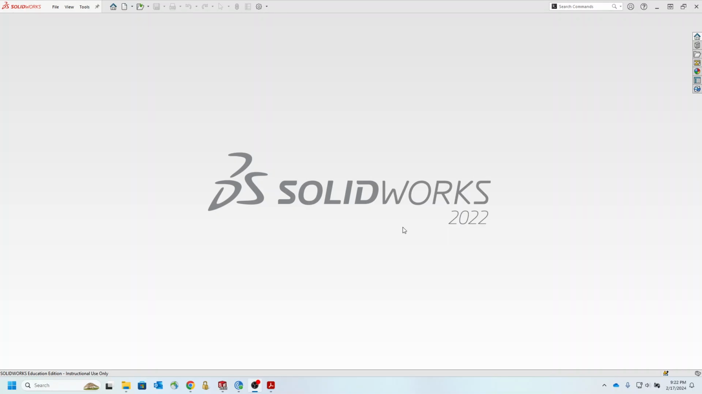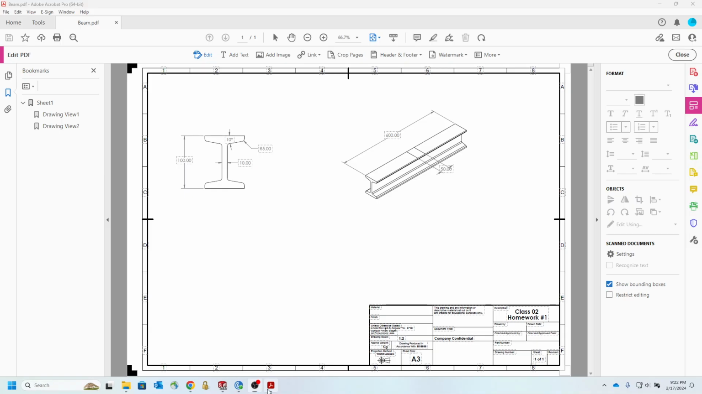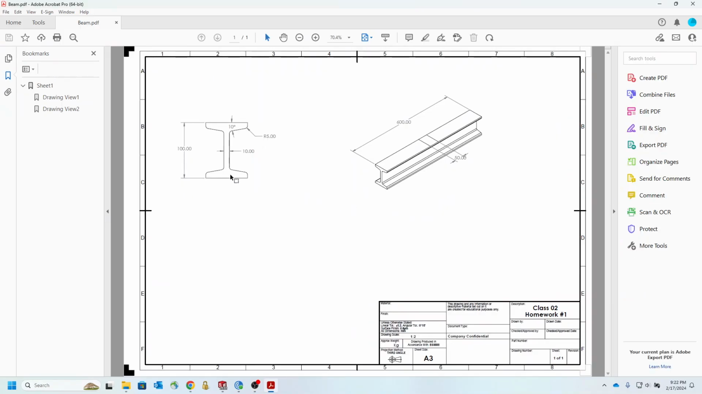Okay, here is another example of the static analysis, and essentially we are going to analyze an I-beam. We have an I-beam with the profile dimensions that have been provided, and the problem asks us, this is a 600 millimeter beam, and the problem asks if we apply an 8,000 kilogram force here in the middle